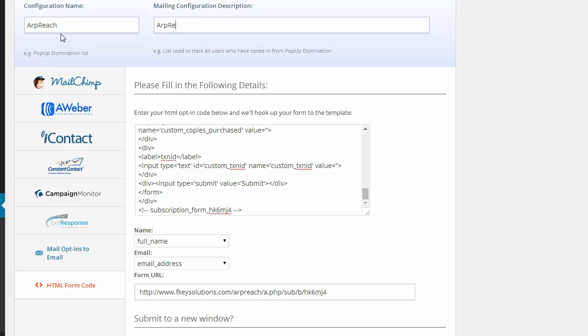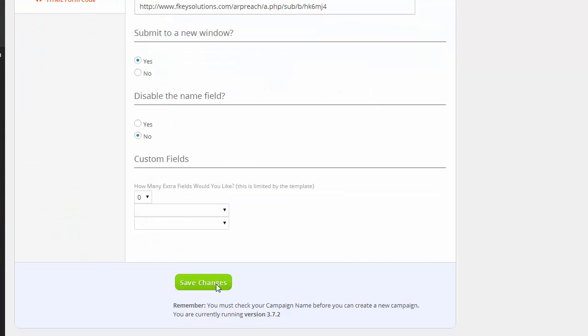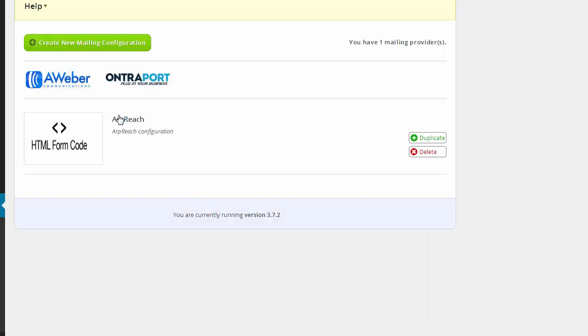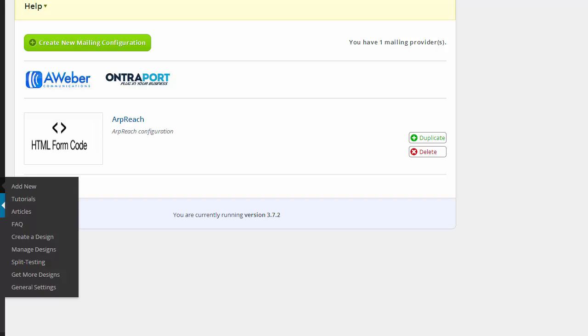ARP reach configuration. Okay. And now you have a link to this particular configuration in pop-up domination. Same with opt-in skin, right? In opt-in skin,